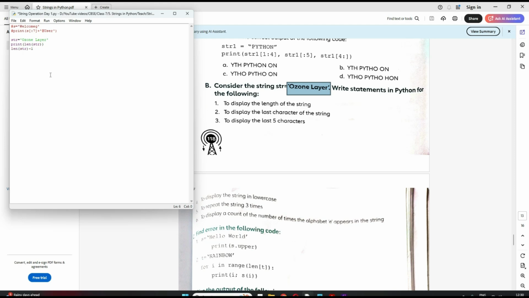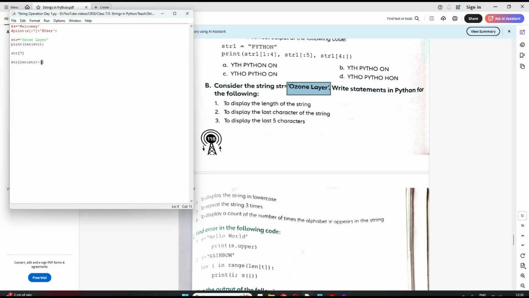Now I want to print the character at this index. So it will be string. How do we print a character at any index? str, that index we mentioned, correct? So here this is my index. So how will I write? It will be str in square brackets this entire thing.